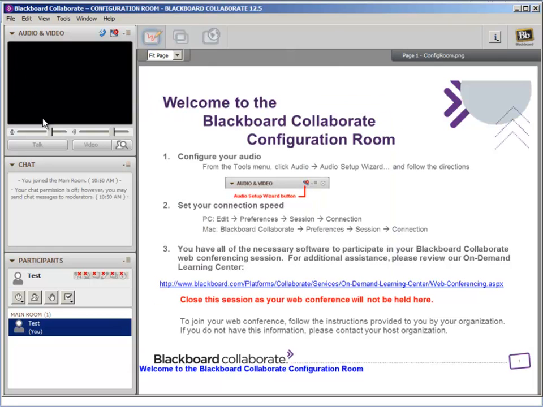Now in this configuration room, I'm not able to actually talk because they have security on it, and I can't play my video. But if I want to, I can test my video by clicking the preview button. This would be where I would click to actually broadcast my video live, but this little preview button lets me test my video prior to actually turning it on. So I'm going to turn it on here,